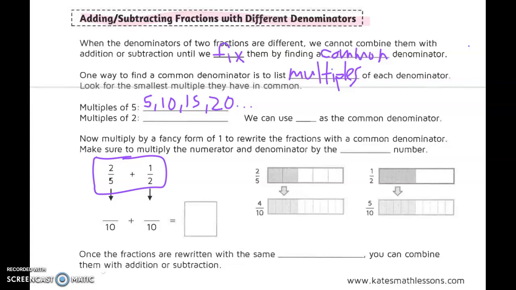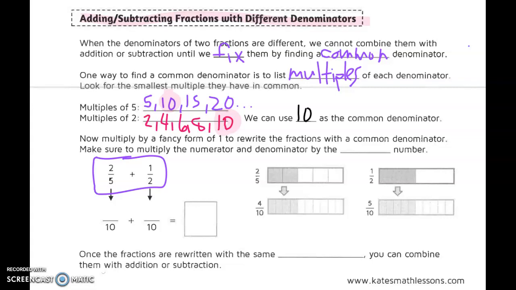Then if we have 2, that's going to be 2, 4, 6, and you keep going until you find one that's common. So far we haven't had one. And then we stop, and if we have 10, notice we have 10 here, we have 10 here. That's the least common denominator that they have in common. So by doing that, we can now use 10